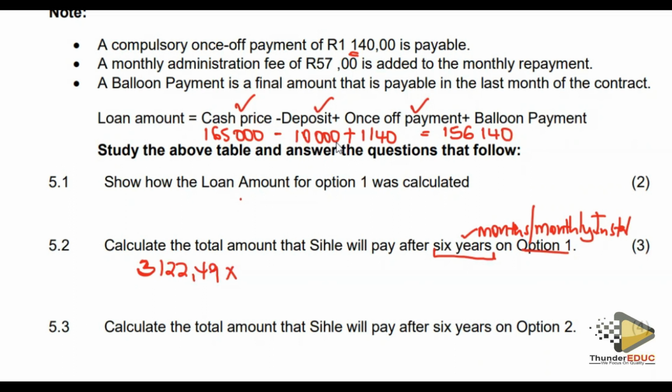In 6 years, we have 72 installments, which is 6 times 12. On top of this, the person would have paid a deposit of 10,000. So at the end of it all, how much will the person have paid? Yes, in the brackets we have